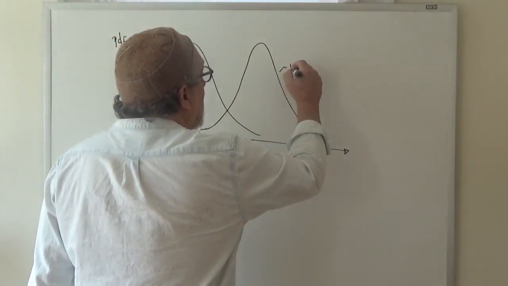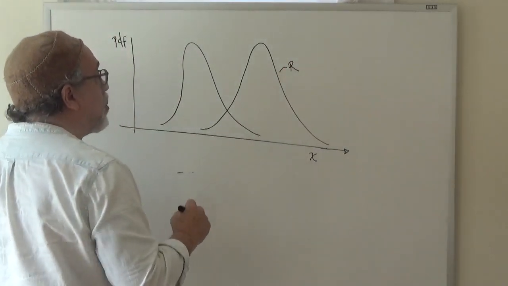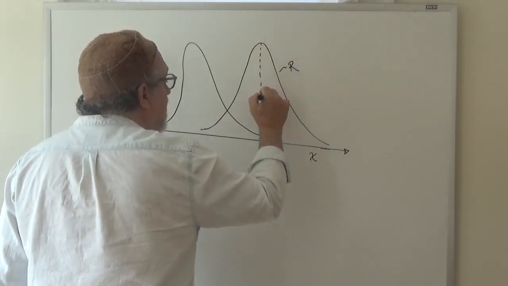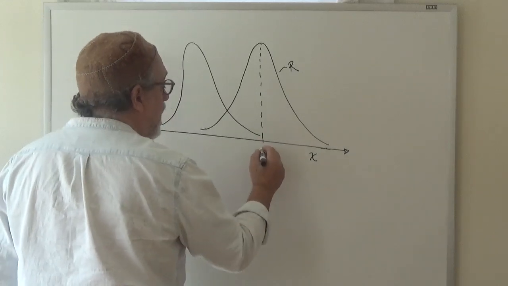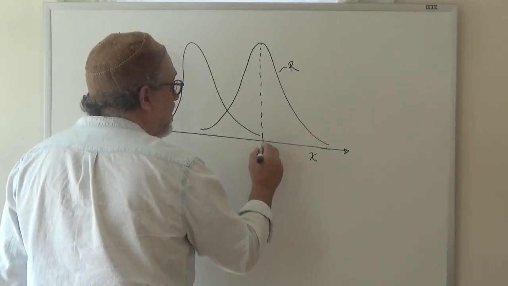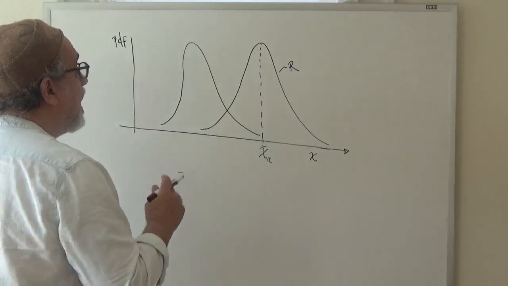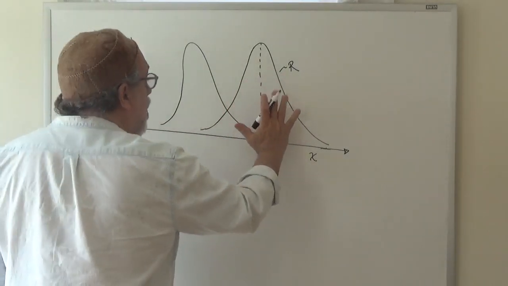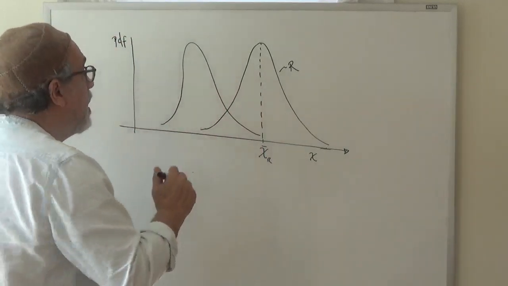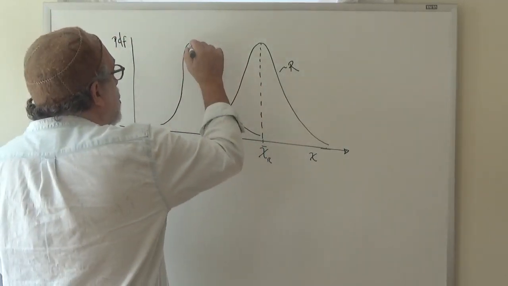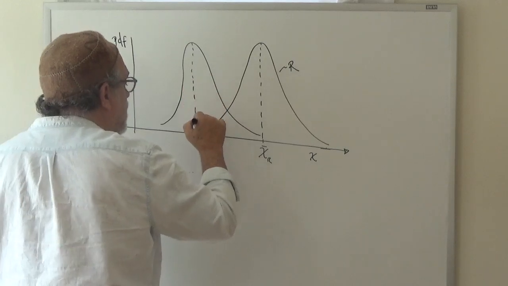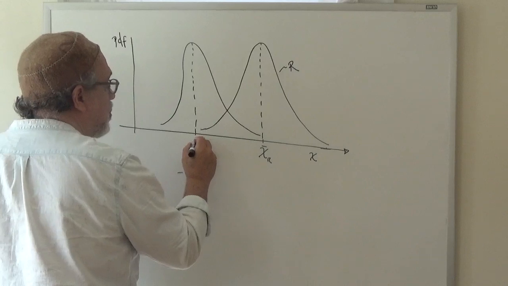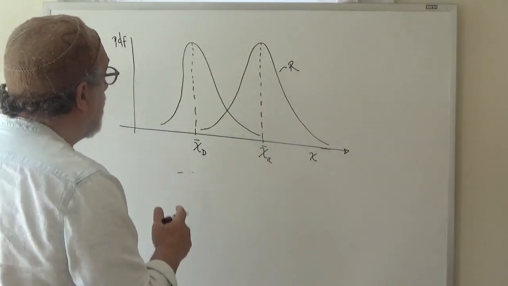So if this is the reference state or undamaged, we would expect that reference state to have some mean, right? The mean of the reference state. And if there is damage, depending on how big the damage is and how much the sensitivity is, we would have that distribution shift, right? And in the case of frequencies, we would expect it to shift to the left, and we would say that there is some sort of mean damage